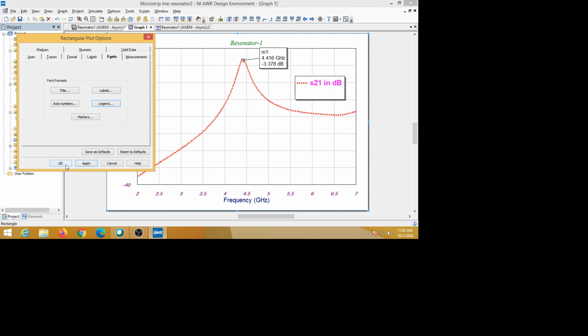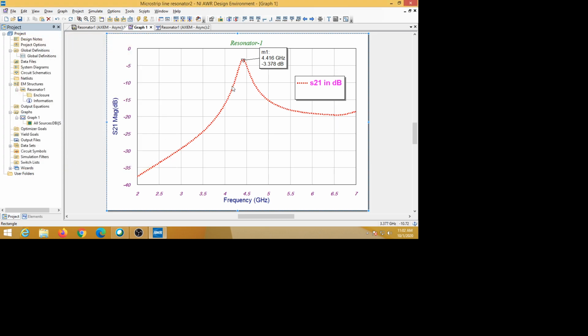So this is about plots, plot properties. Like this you can change anything on this plot, and you may make it better looking for our reports. Sometimes if you want to put the plot in a report, we need to modify things here. That's why we cannot put it as it comes in the simulation result. So we have to do modifications over the plot.